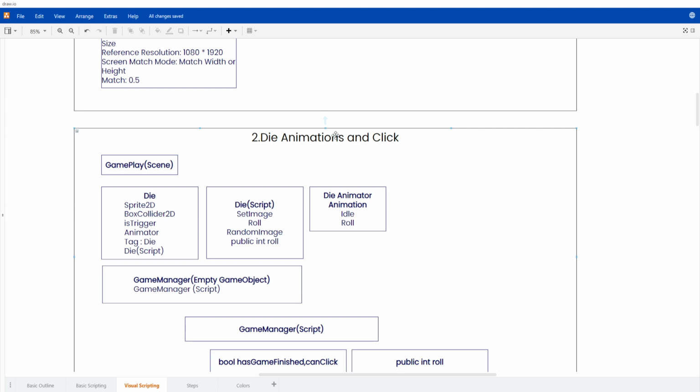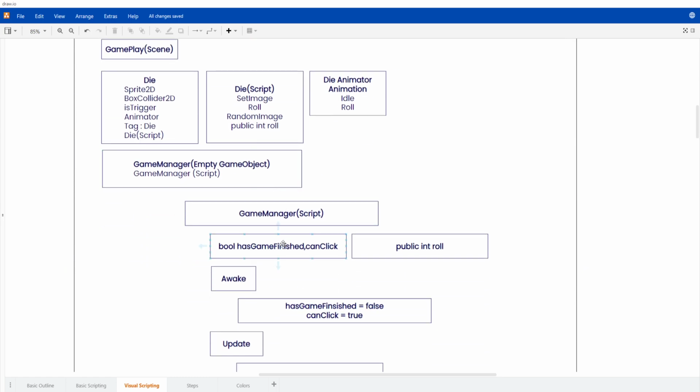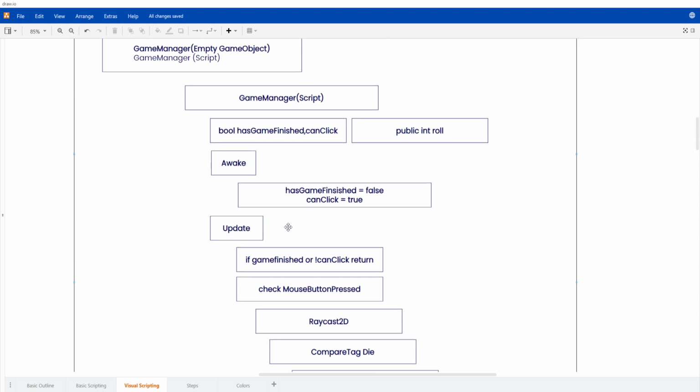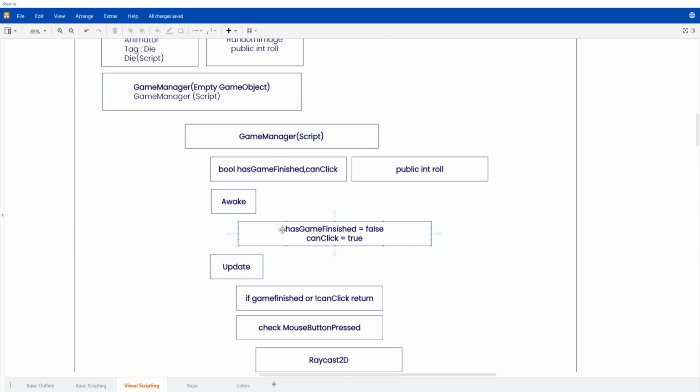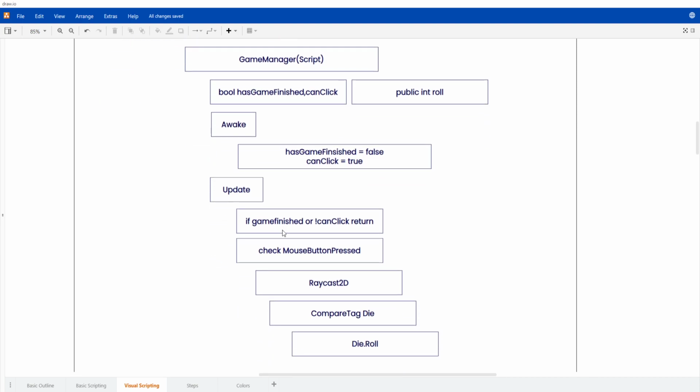Next, in the game manager, first we'll need a boolean for has game finished and can click, and then we'll do an integer for roll, and in the awake we'll set game finished to false and can click to true. So next up in the update, we'll first check if the game is finished or we cannot click, then we won't do anything. And then we'll check if the mouse button is pressed, then we'll do the raycast, and